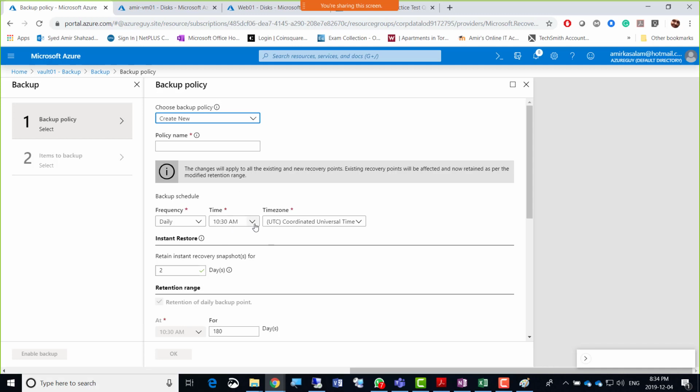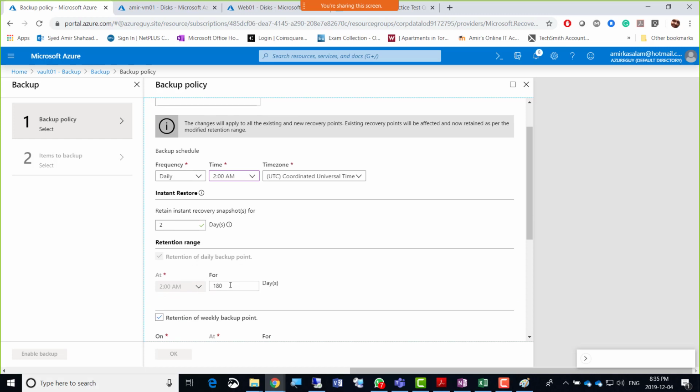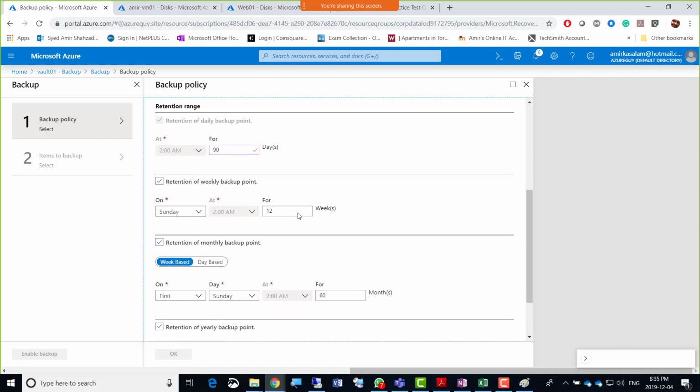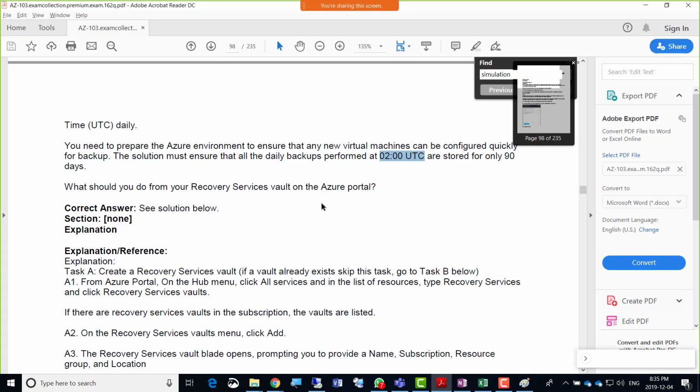So time is 2 a.m., 2 a.m. UTC coordinated universal time, and then retain instant recovery snapshot. But here, retention for daily backup point is 90 days, right? So 2 a.m. here and 90 days here, the retention for daily backup. So yeah, daily backups exactly.